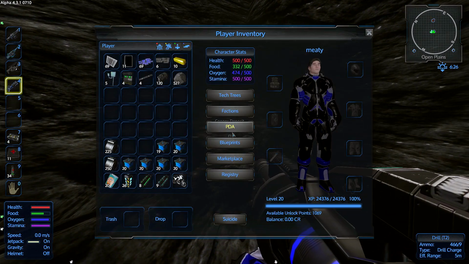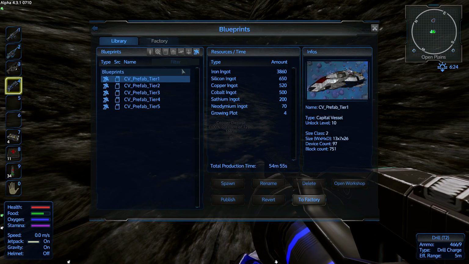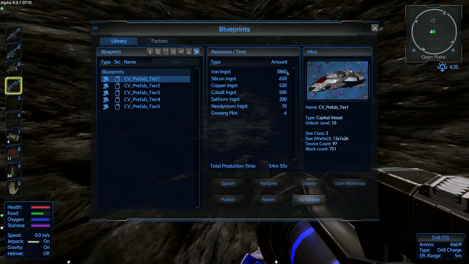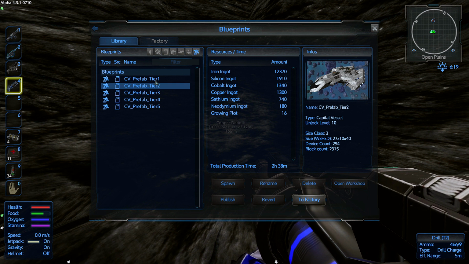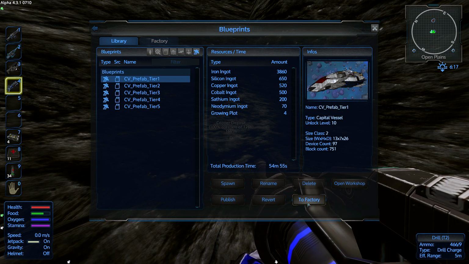How much are we at? 527. So if we look at the factory, 38, see, iron ingot. It says ingot. It doesn't say ore. It takes an hour to make it. So the next one up is 12,000. So if we're going to try this at all, we're going to have to try it with this one, unfortunately. So if we go to factory,